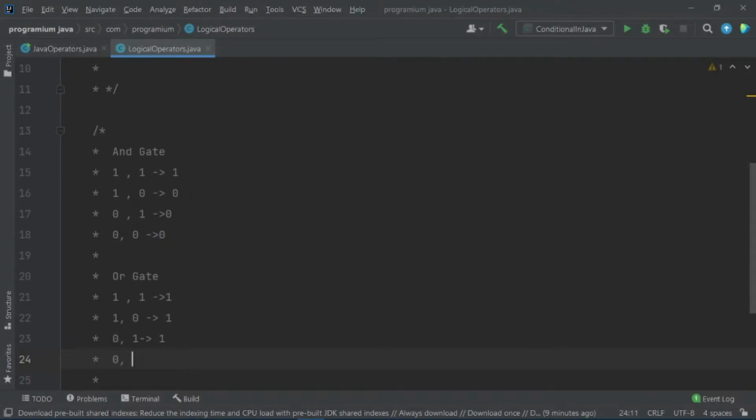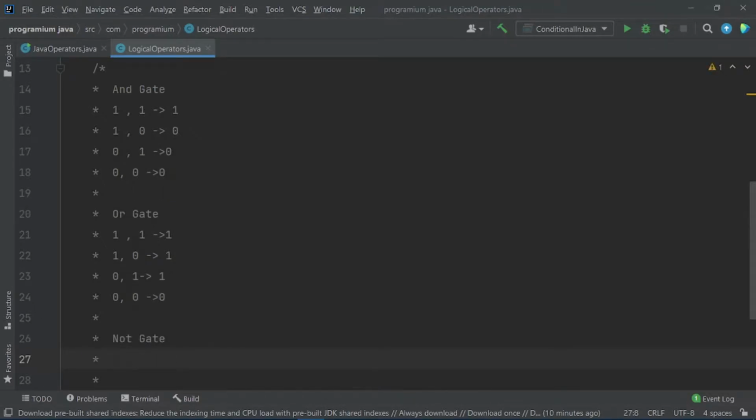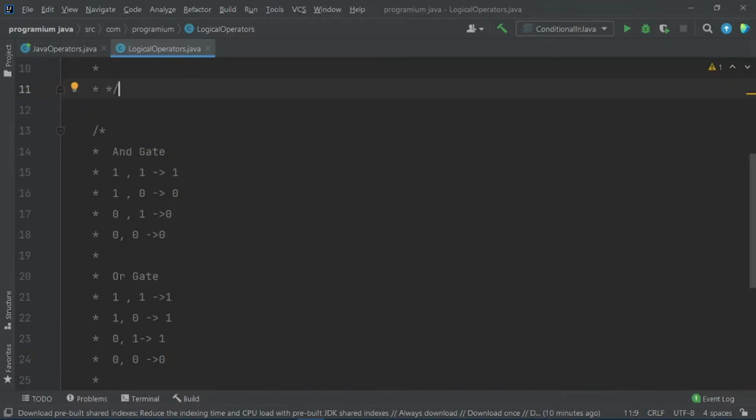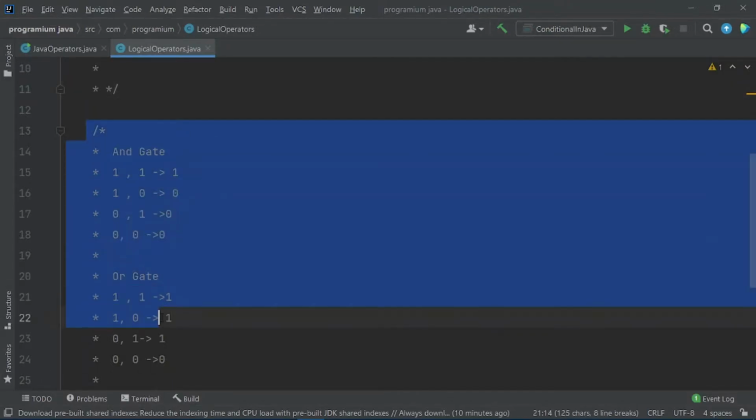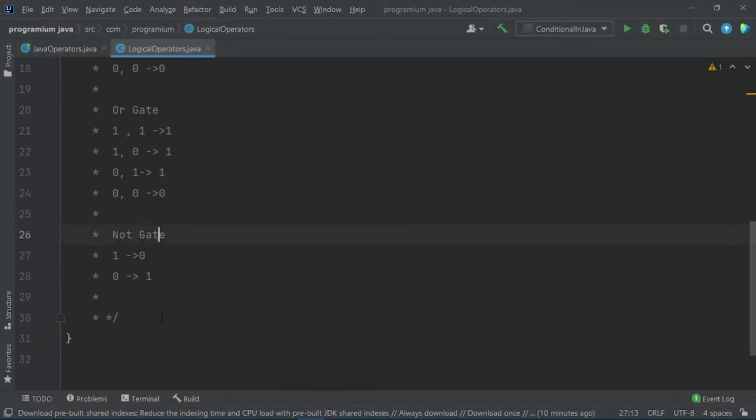But if both of the values are 0, then the output should be 0. So what was the NOT gate here? What does this NOT gate do? If the value is 1, then it just converts that value to 0. But if that value is 0, then it converts it to 1. So guys, these were the AND, OR and NOT gates.